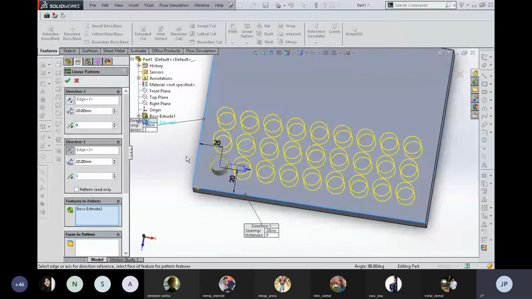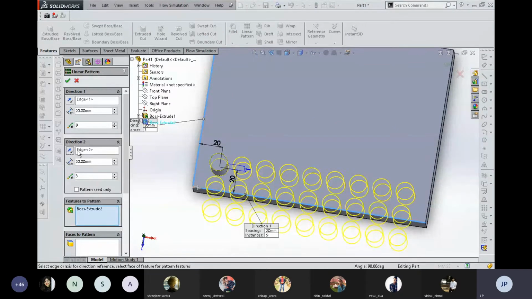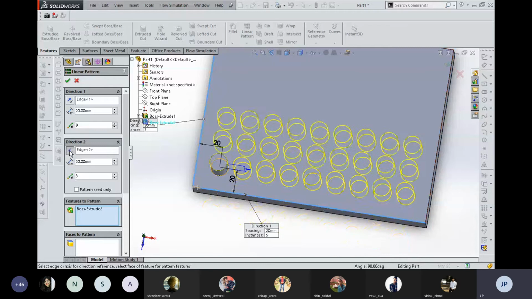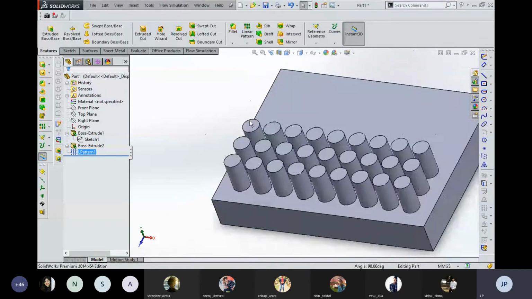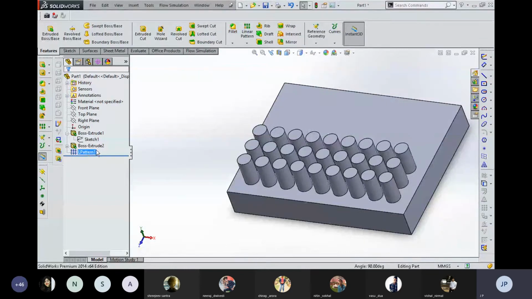Okay, after making all these modifications as per user need, there are also the icons which you are watching over here. This reverse icon in direction 2, by clicking you can reverse the number of copies as per user need. Somehow if you select an edge which is outside the workspace or the parent component, by clicking on these you can reverse the direction of the component. Okay, and if you want to exit, then with the help of the exit command you can do that. The number of copies are created over here. Okay, so this is the first pattern command that is used in SolidWorks.